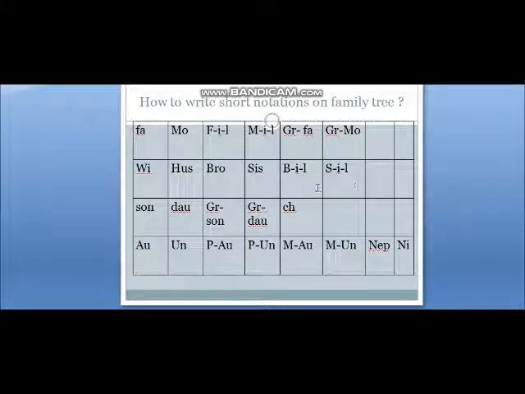ठीक है, तो these two relations come after your marriage, sister-in-law and brother-in-law. Okay, then son, daughter, grandson, granddaughter. For child you can denote CH. Okay, then aunt. Now aunt can be your paternal aunt also and maternal aunt also.